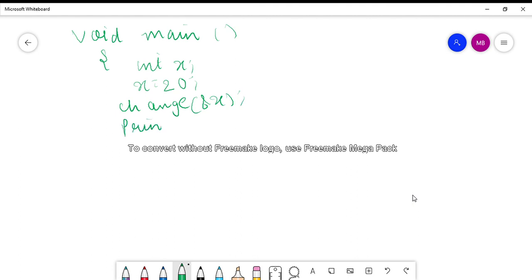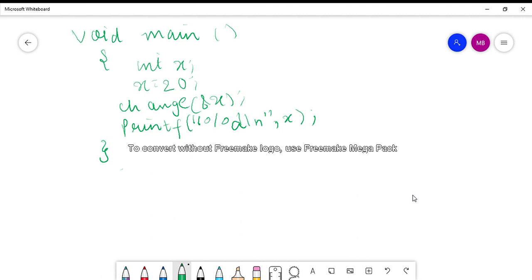You see, in the call by value case I was also printing the changes in main, but they were not reflected. But here when you run this program, you will see that the changes are reflected, because I am not targeting the value, I am targeting the address. So the address remains the same.